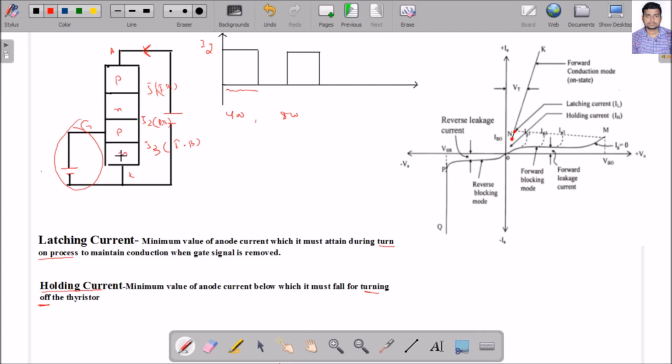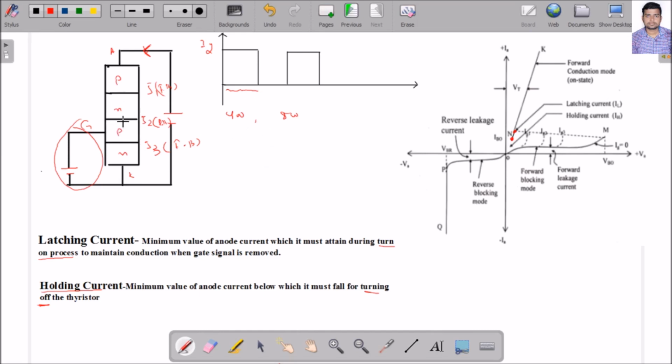When I am talking about the latching current, the stored charge, the charge carrier density in all the layers is not the same; it is increasing gradually while turning on, so the current is up to the latching current. But when I am talking about the holding current, it is on now previously, and then I am making it off. So when I am making it off, the stored charge in all the layers is more as compared to the previous turn on case.